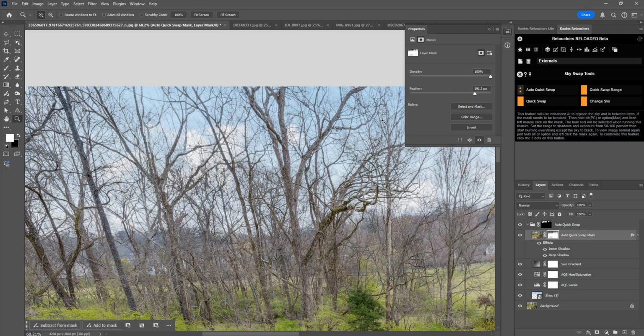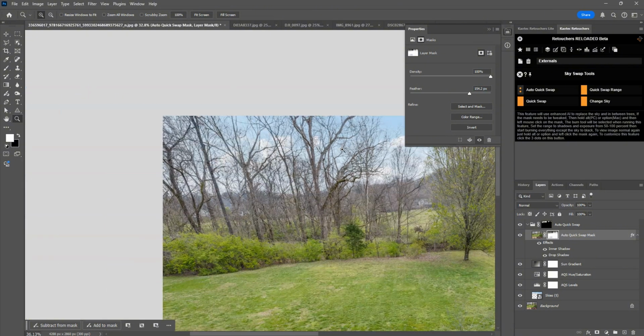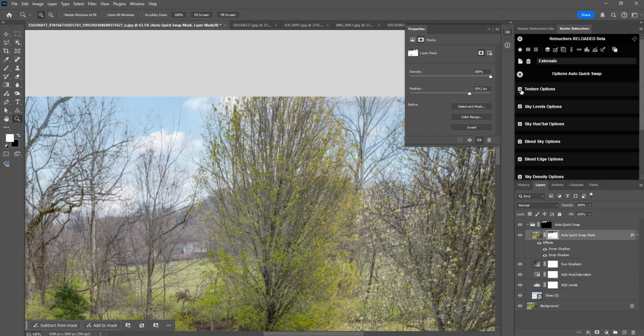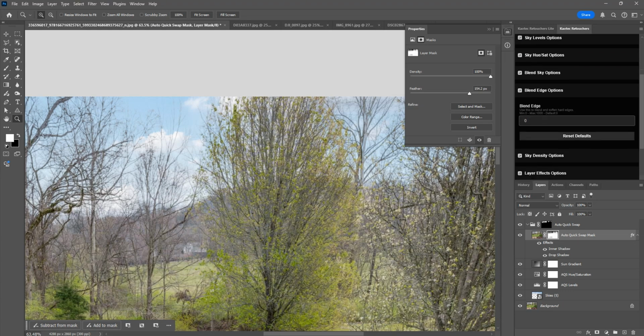And if you find that you always need to adjust the slider to a certain amount, let's say for example 150, then what you can do is go into your auto quick swap settings, go to your blend edge options, and then just put in the number. Let's put in 150,